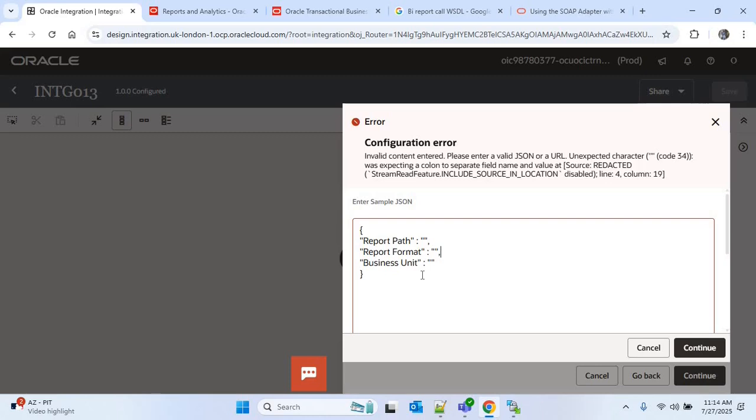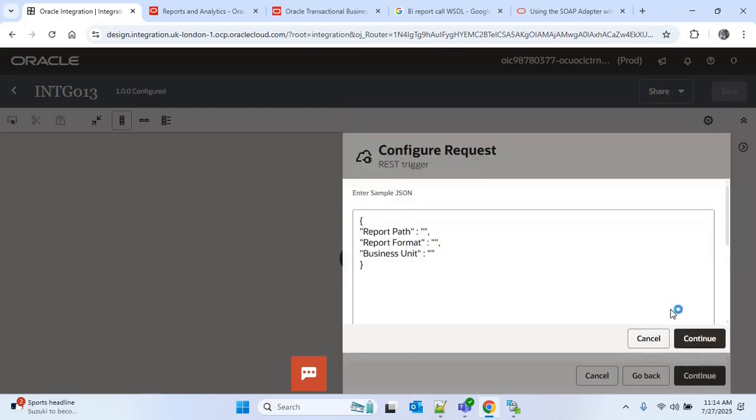And the last one is business unit, because we are using one parameter in our report, that is business unit. So we'll pass the value of the business unit directly from the request payload, and based on that the report will be filtered and we'll get the report output based on that business unit. Now I'll continue,